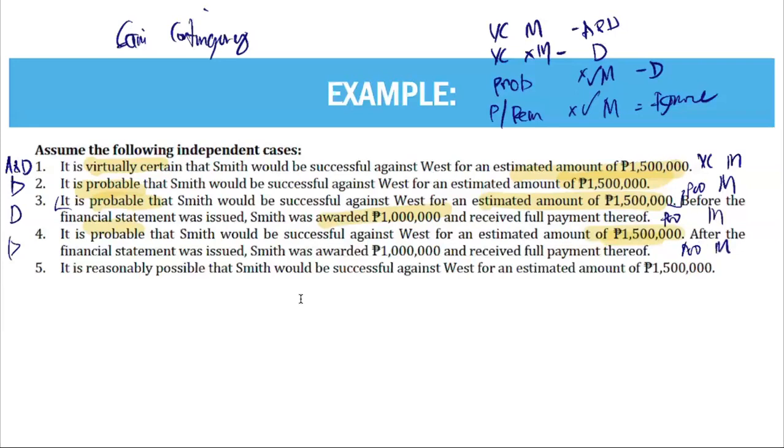Number five, it is reasonably possible, amount of 1.5. Reasonably possible, if it's only possible, and it is measurable, you will ignore. So number five, ignore. Okay? So we're done with your provisions and contingencies. So just remember the different rules. When do we accrue and when do we disclose it? And how do we measure